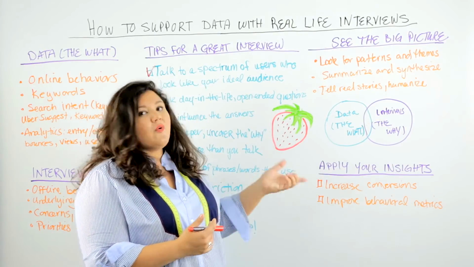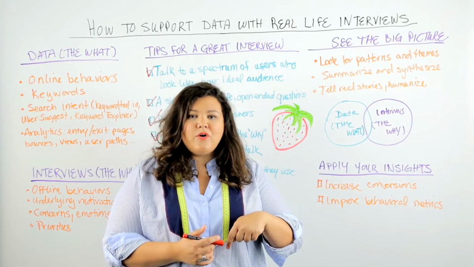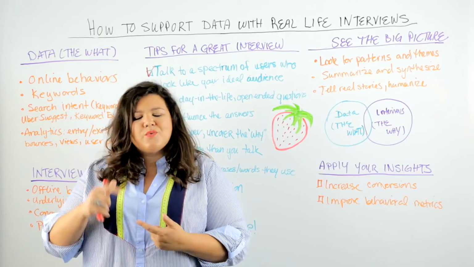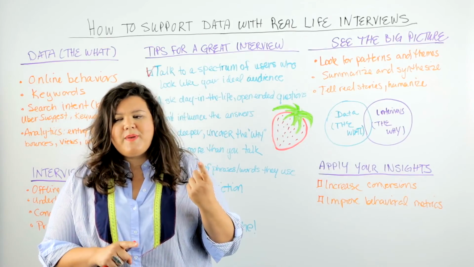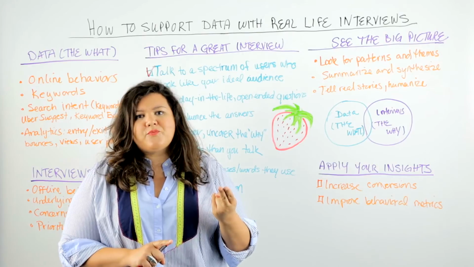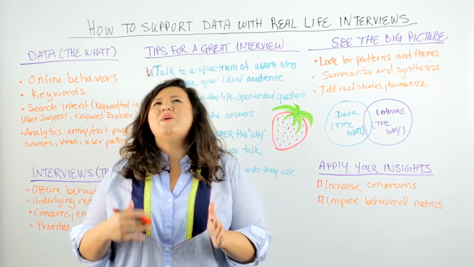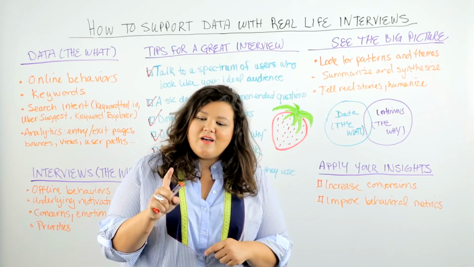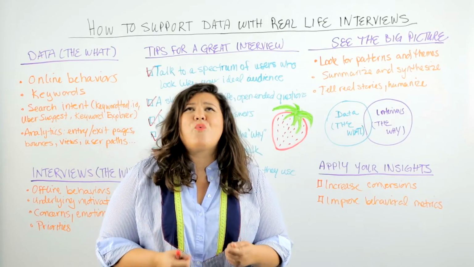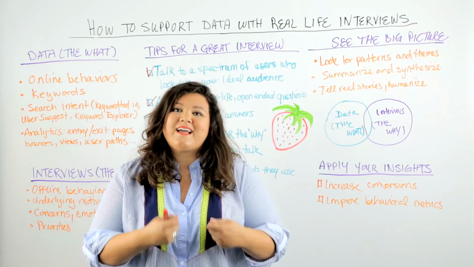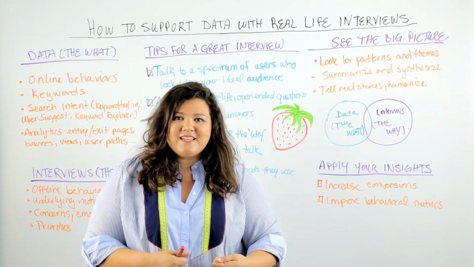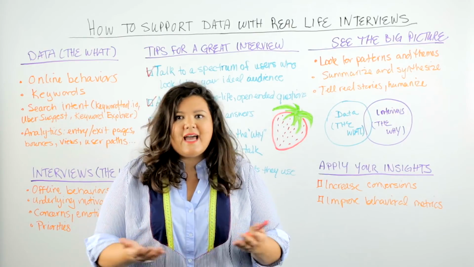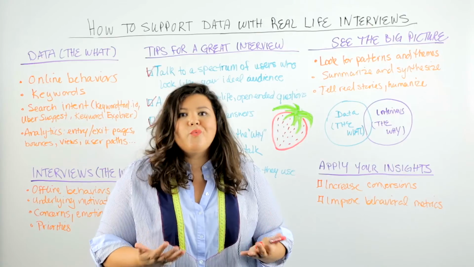So going back to that berry example, if you recall, we had that data around, hey, we're seeing a lot of drop-offs on the product description page. We're seeing a higher cart abandonment rate. But maybe during the user interviews, we noticed a theme of people talking about how they obsessively click the tracking link on the packages, or they wait for those gift recipients to send them a text message to say, hey, I got this present. And as you unraveled why, you noticed that it had to do with the fact that these berries might melt, and they're worried about that.